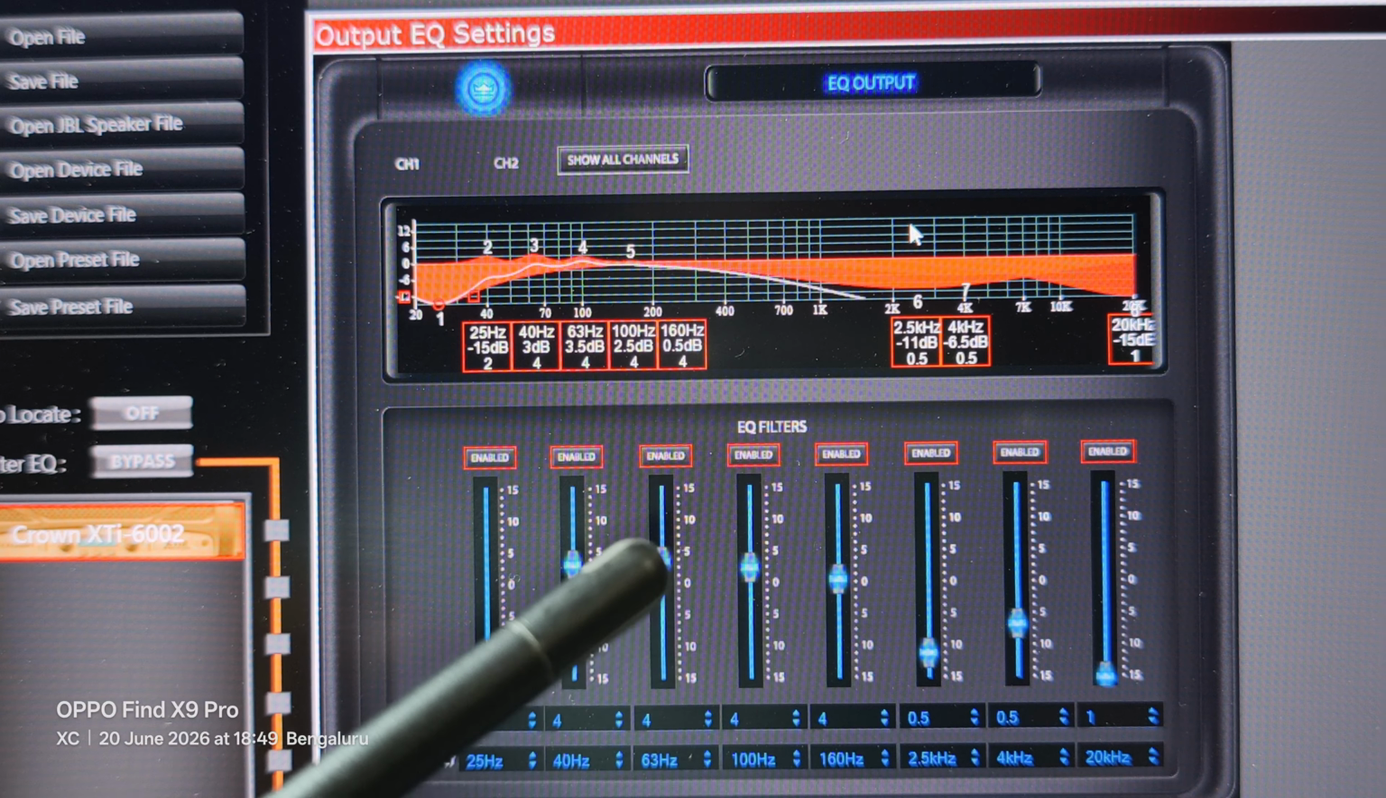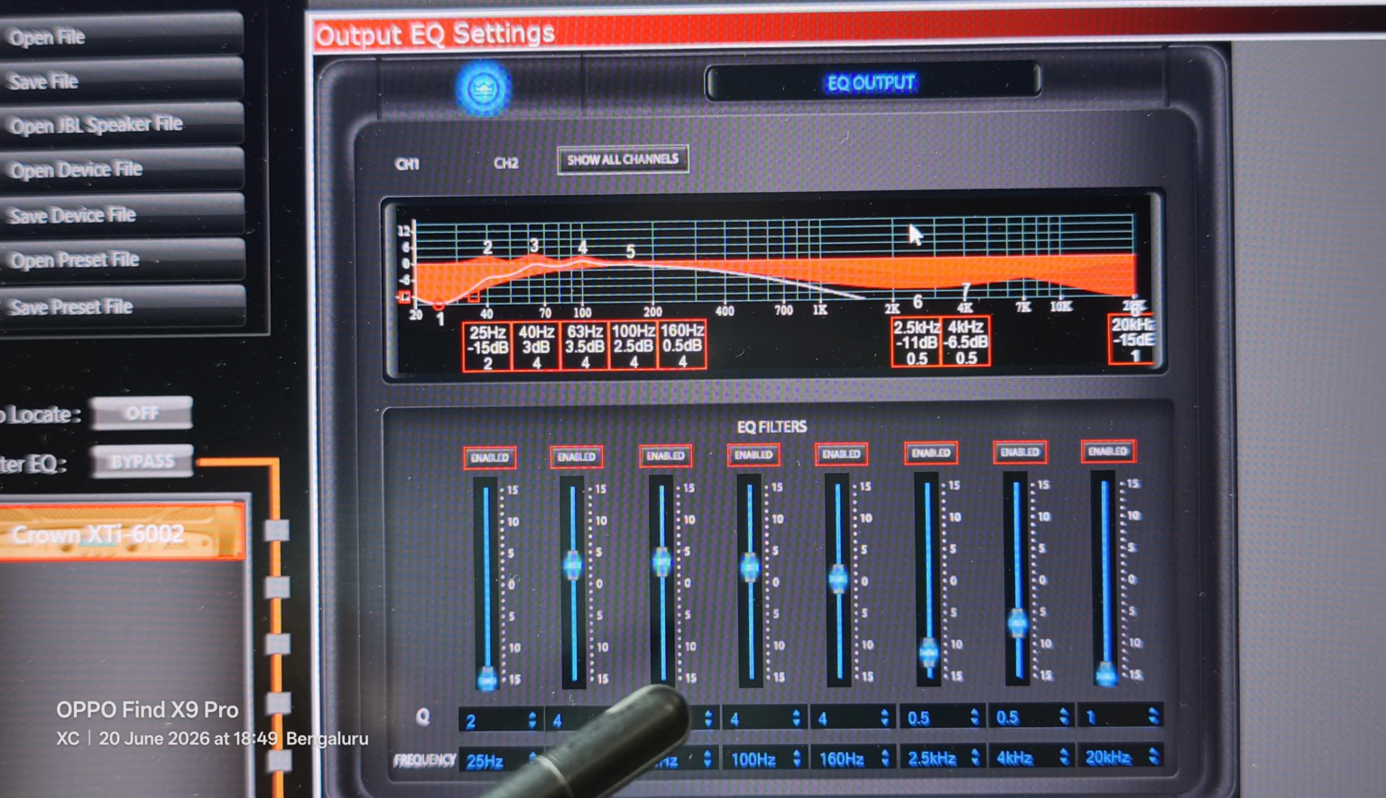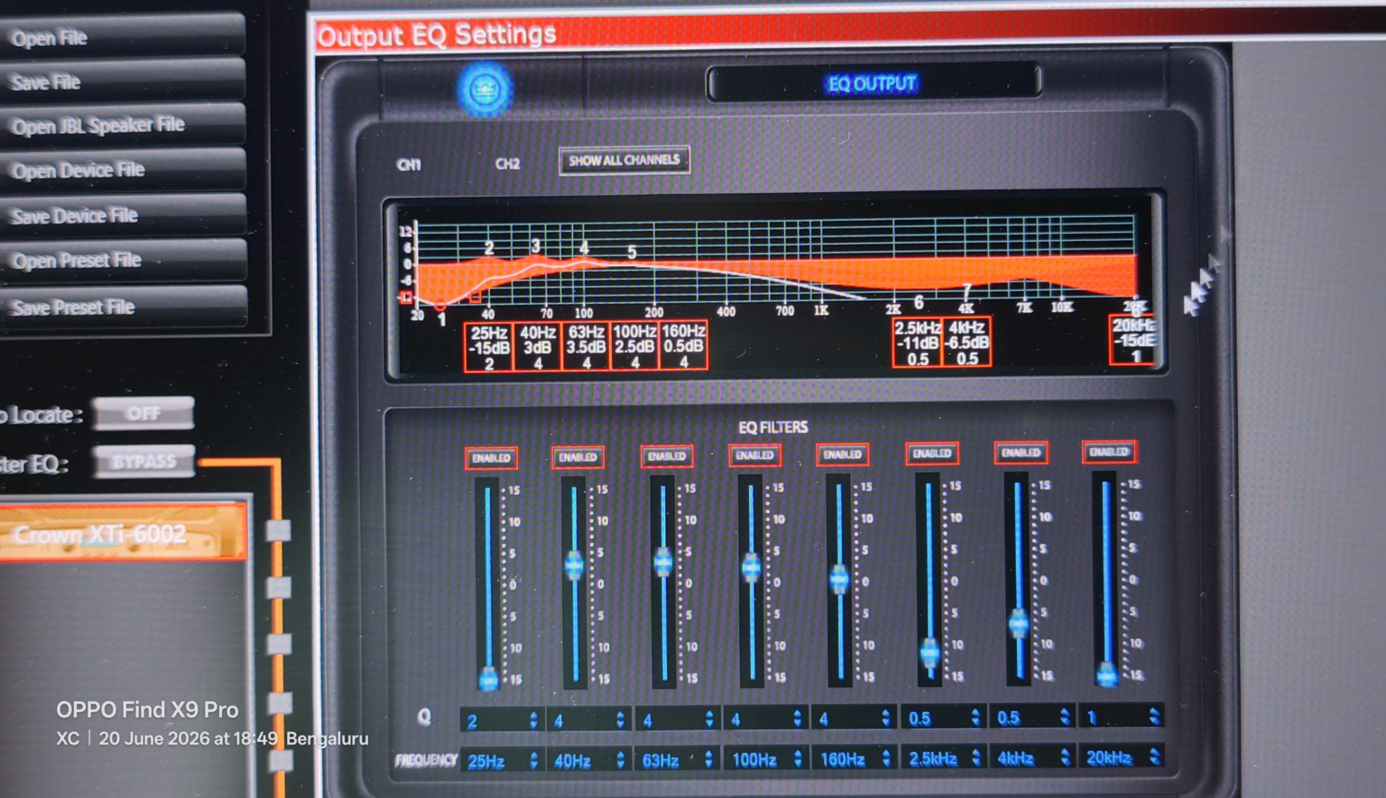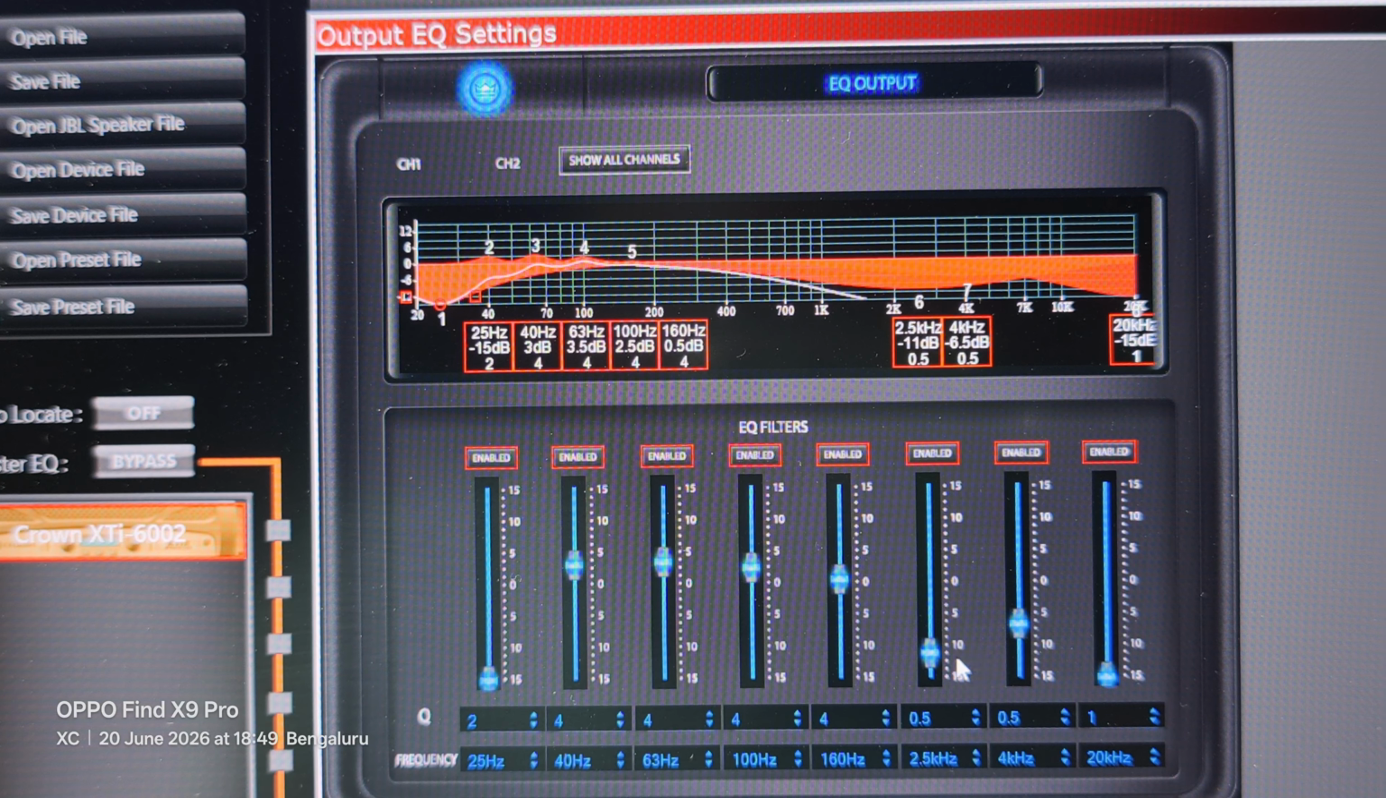So this is basically to get a good idea. For example, this 400 hertz, we can just bring it down, we don't need it at all, we'll just assume it is